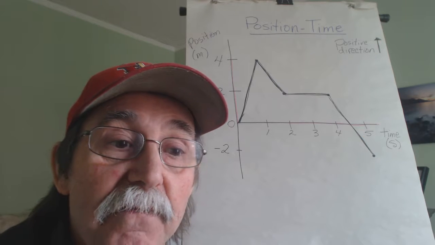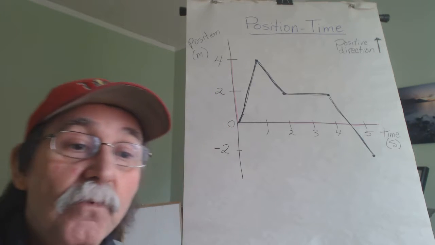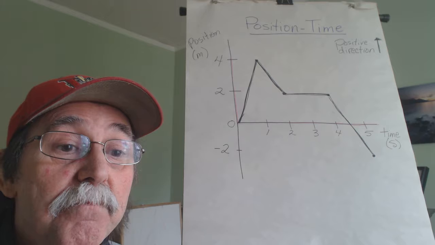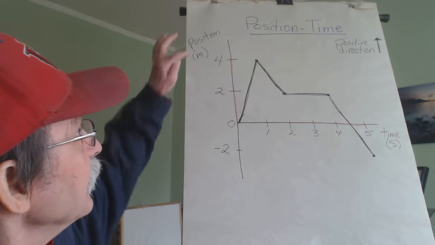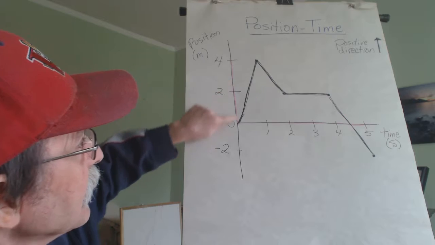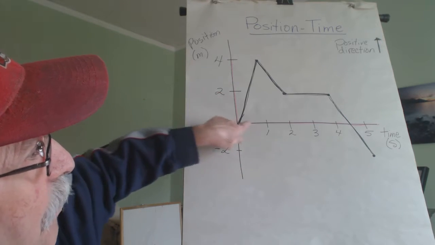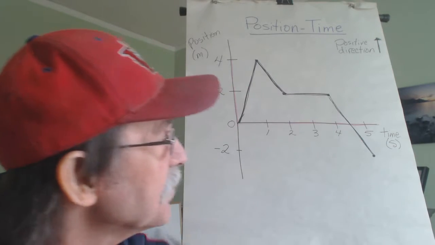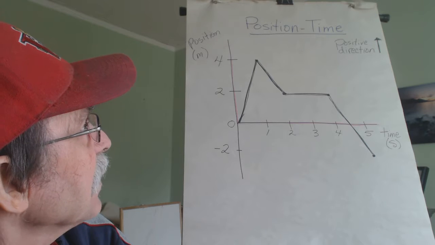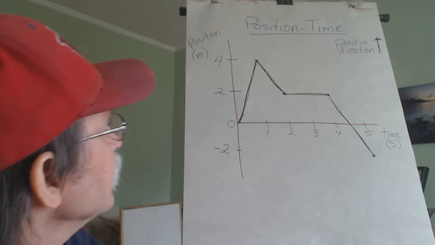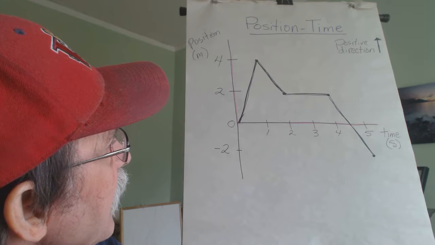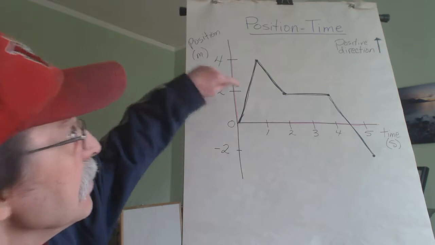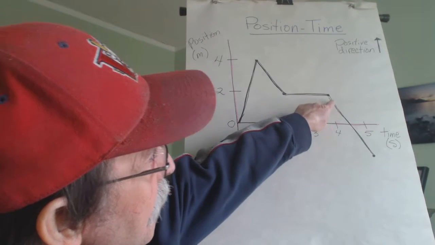Notice the numbers on there are very simple. So we have the maximum position is 4 meters right there. So we have position on the y-axis. We have time on the x-axis. And remember, time is usually measured in seconds as far as physics is concerned. And so here we have a graph, and you'll notice that there are 1, 2, 3, 4